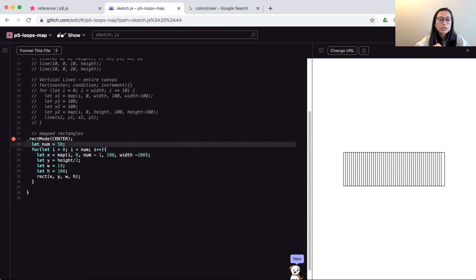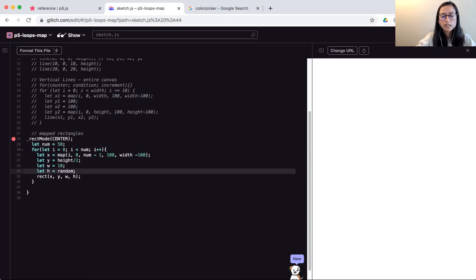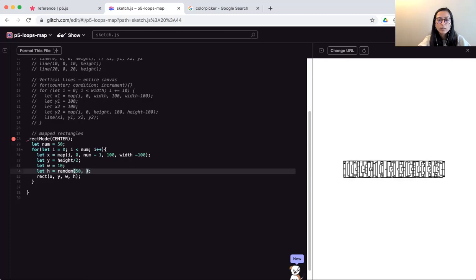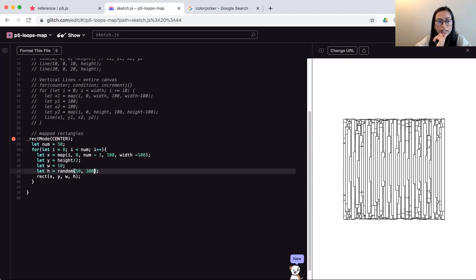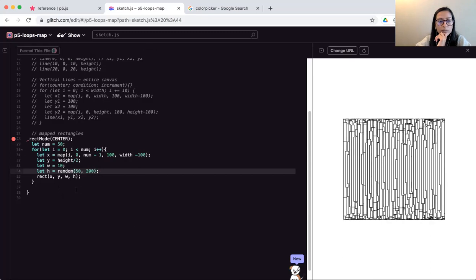All right, so here we can do that. Maybe instead of keeping it as 100, we can add another function and try to make it a bit more variable and see how that turns out to be. Maybe we can set up another range here. So instead of doing this, we can say, okay, the height needs to be as small as 50, but it needs to be as high as 300. Okay, so if you notice,